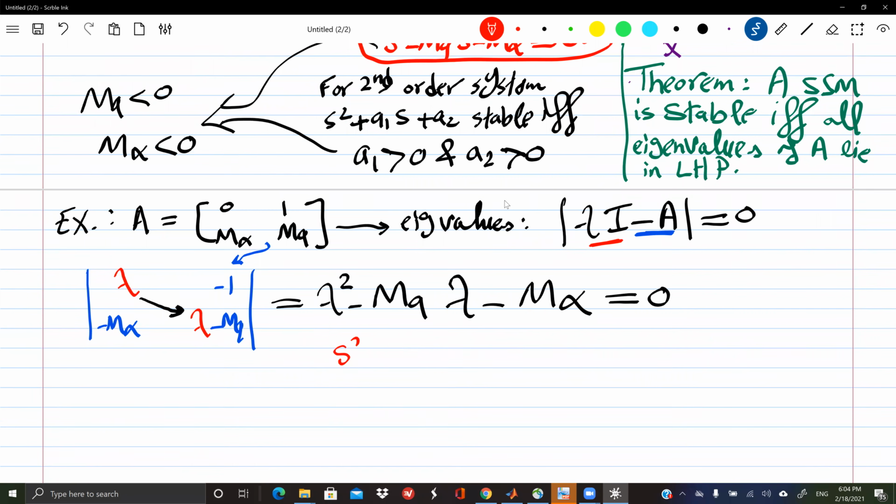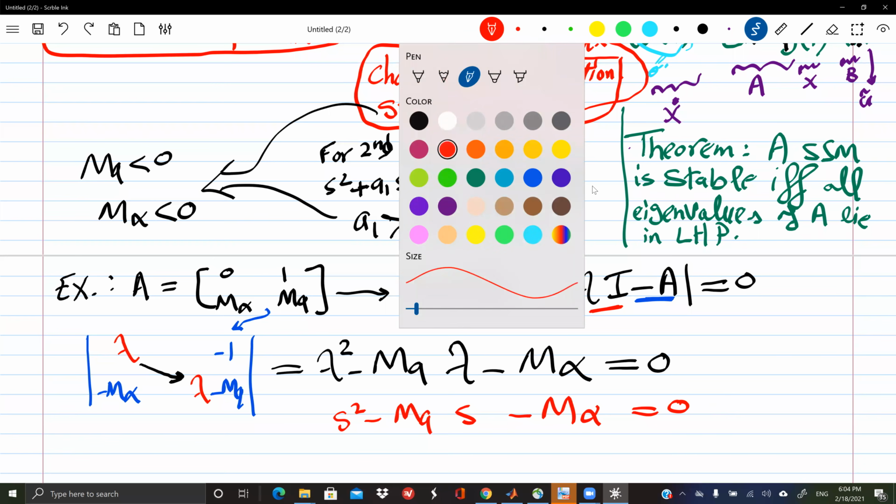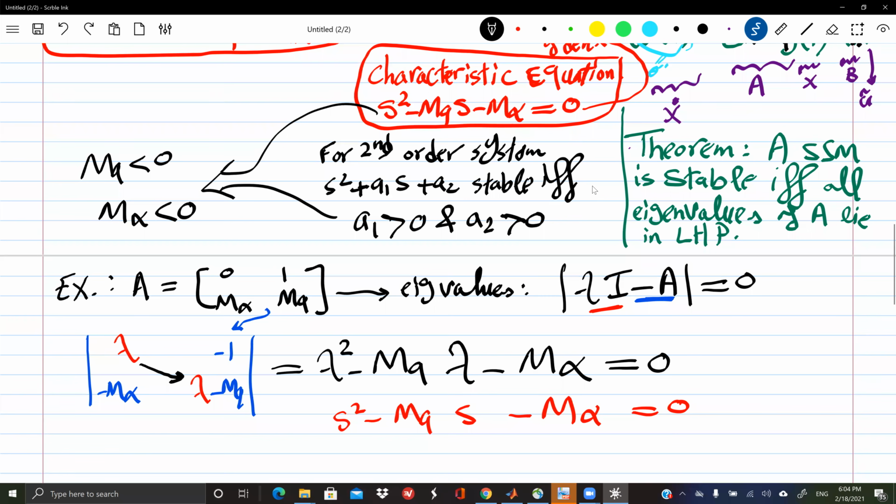It was S squared minus M_q S minus M_alpha, and I'm solving for S. This is my characteristic equation. So actually it is exactly the same. It is exactly the same. So my characteristic equation